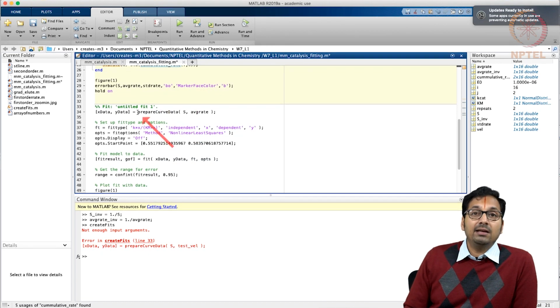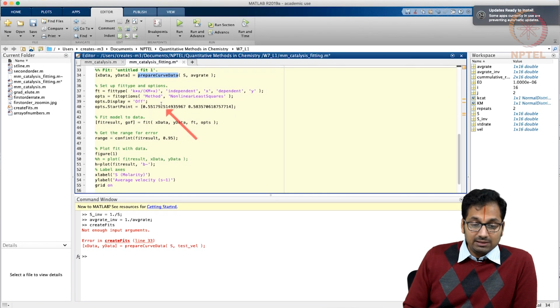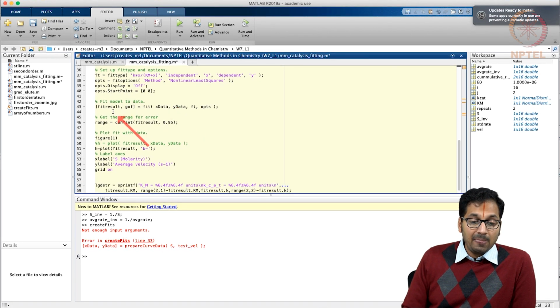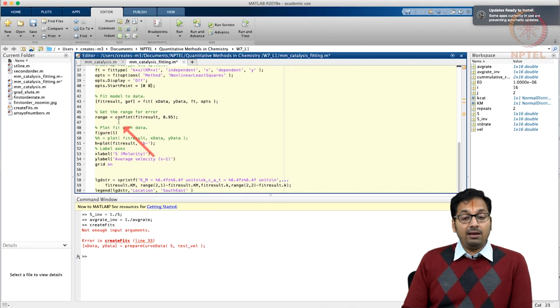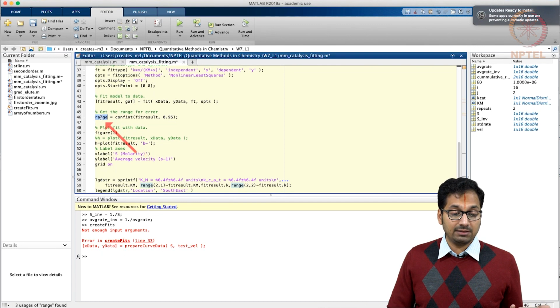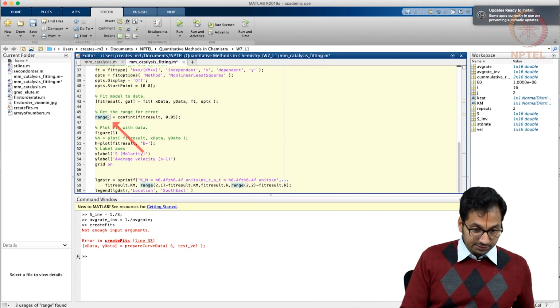After having done that, the next thing that we do is to prepare the curve of S in the x-axis and the average rate in the y-axis, and then fit it with the Michaelis-Menten curve as I had shown earlier with the start point and all that. We can actually keep the start point to 0, 0 in this case. I have also generated the code from MATLAB, so it picked up from something like that, and then the goodness of fit is given here. And now I am also determining what is the range of answers I got, and I am saving it in a variable called range underscore out.